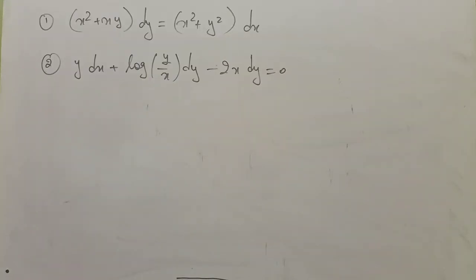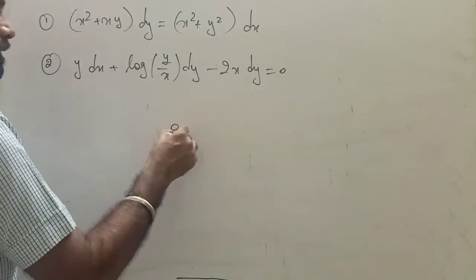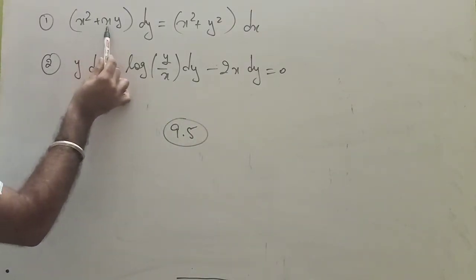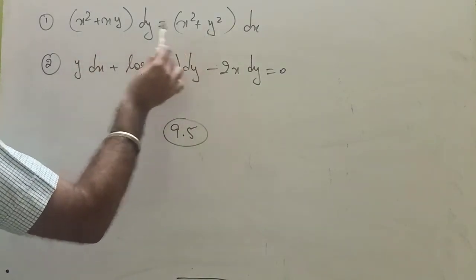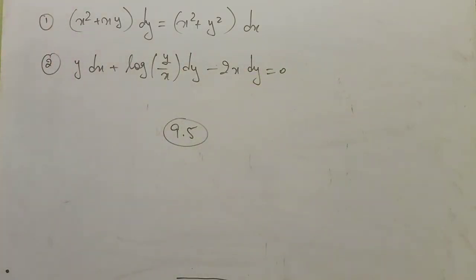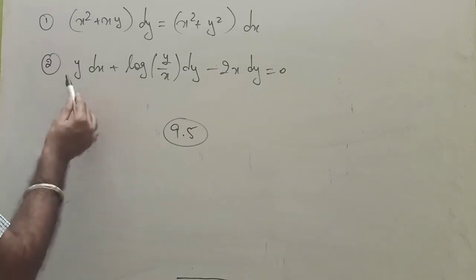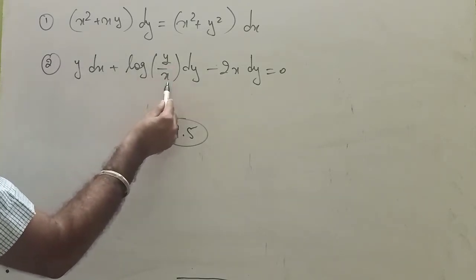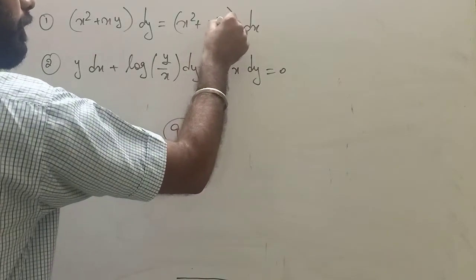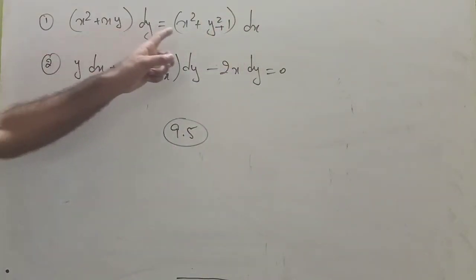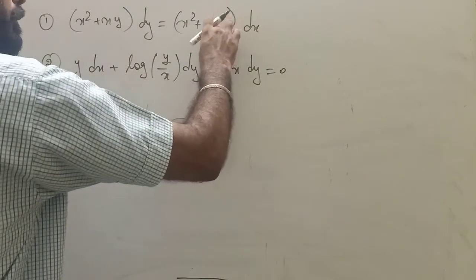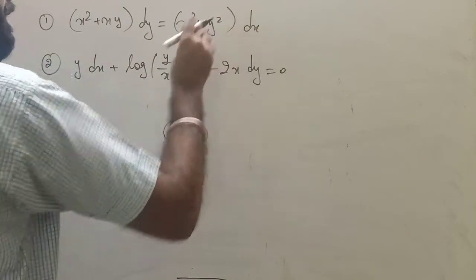Now see these two questions from the exercise 9.5 of NCERT. In the first question, check the degree. 2, again 2, 2 and 2. If the degree of all the terms is 2, then that equation is said to be a homogeneous equation. Check the next. 1, 1, 1 and again 1. So this is homogeneous. But if we will put their constant term, then this is not homogeneous because the degree of this term is 0. So homogeneous can be easily identified.